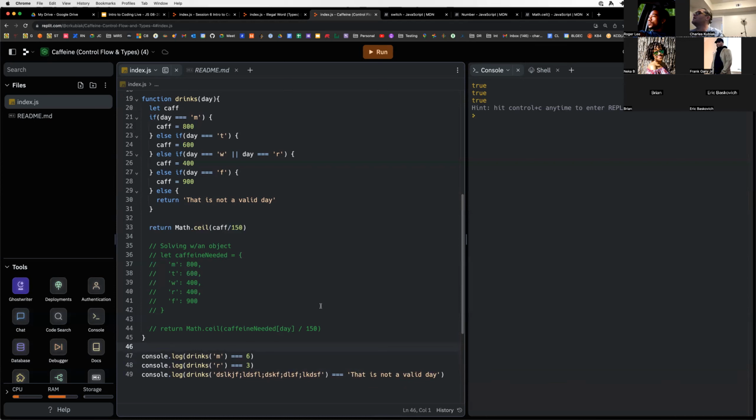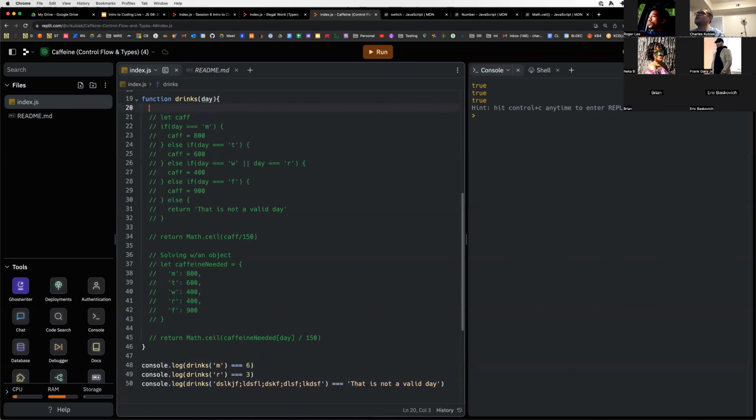All right. And so we've got that out of the way. And so this is now a little bit better, right? And we could do the same thing down here within the object. Like if we wanted to solve for this, we could say, solve with control flow, right? And if we come back down here and uncomment this real quick,